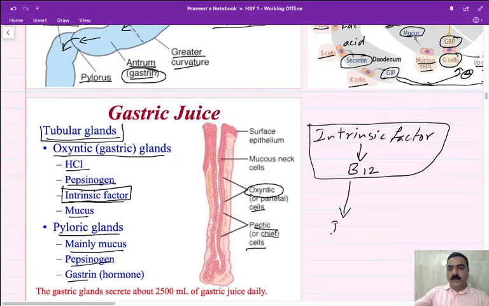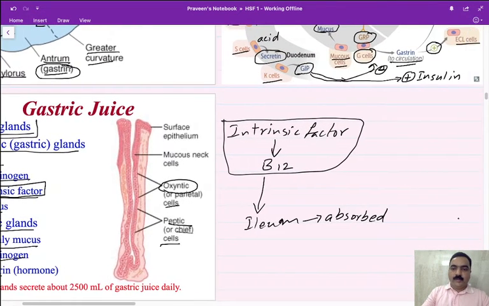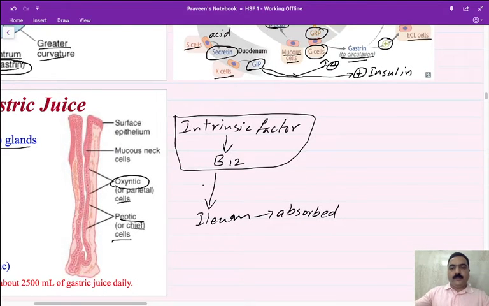in the ileum, where it is getting absorbed. Maybe in your biochemistry you might have studied the role of vitamin B12. The role of vitamin B12 is for the methylation processes, and it is especially required for DNA synthesis, DNA replication, and DNA includes thymine, which is very important,